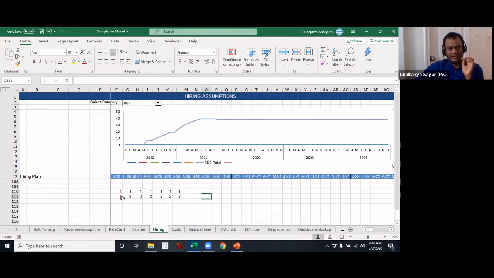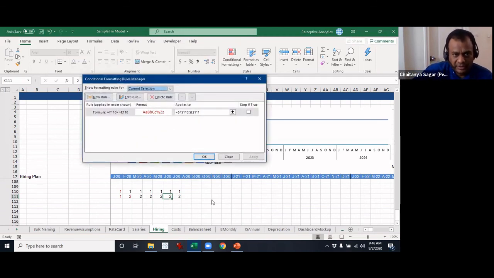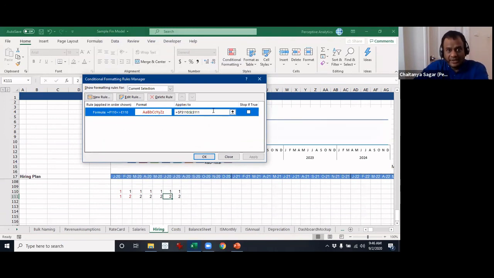And if you look at the conditional formatting here, I have now selected K111, but the formula still says F110 not equal to E110. But it applies that to all of the range.